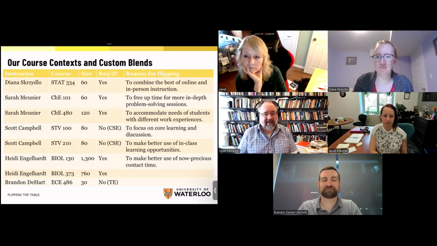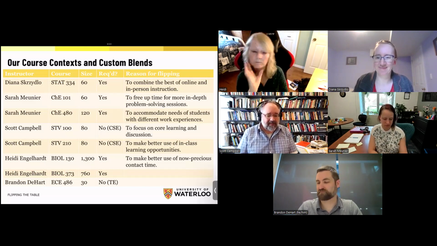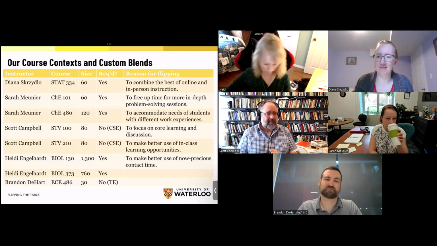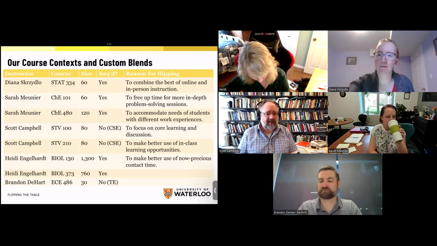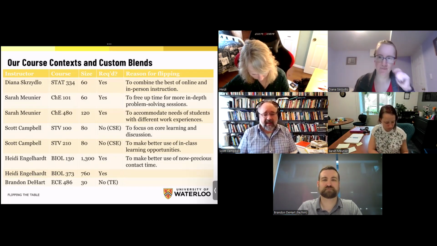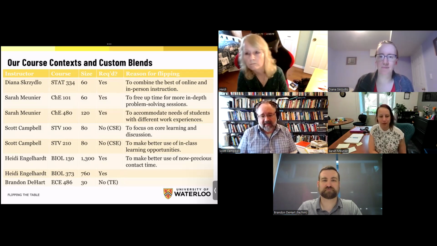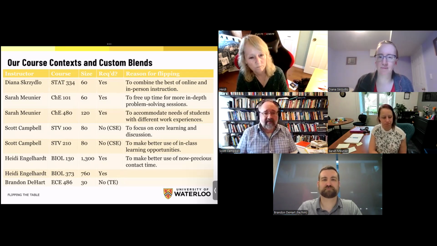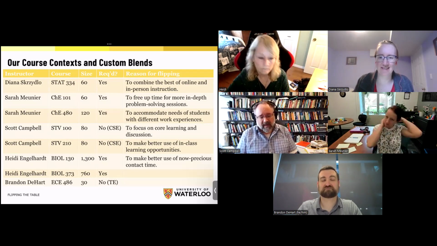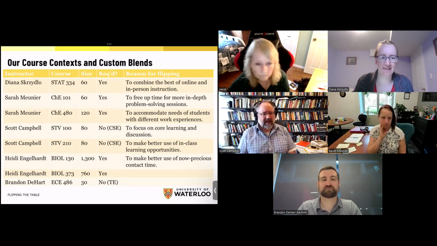The facts and figures of the history of computing, you can look that up on Wikipedia. So flipping it and finding a good survey textbook was key, and then having lots of engaging exercises in class and lots of show and tell was a big part of this as well. Just bringing in old computer hardware to play with. And then so next is Heidi.